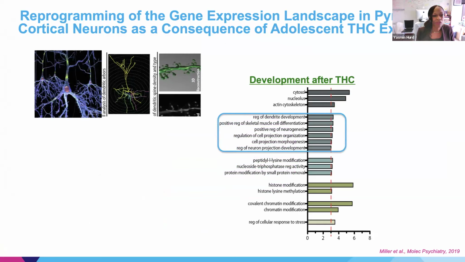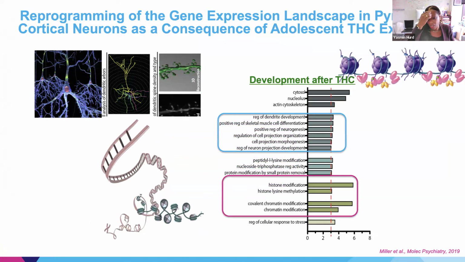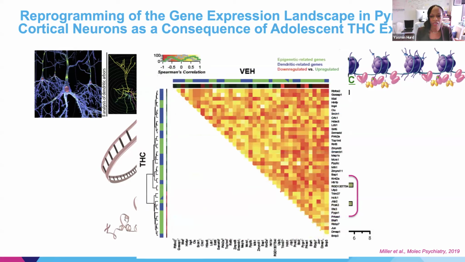And what was changed, not surprisingly, were genes related to the structure of these cells, to the synaptic plasticity, these little points where cells communicate, but also changes related to epigenetic mechanisms. And for epigenetic mechanisms, basically, in genetics, you inherit your DNA sequence from your parents. That doesn't change. But the environment can put tags onto your DNA, or these modifications that change how genes are turned on and off and how those cells therefore function. And these epigenetic changes were significantly altered.